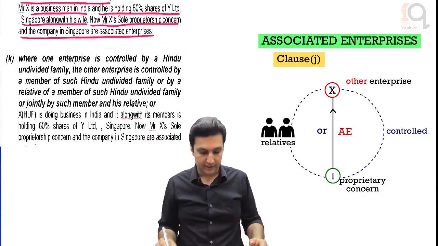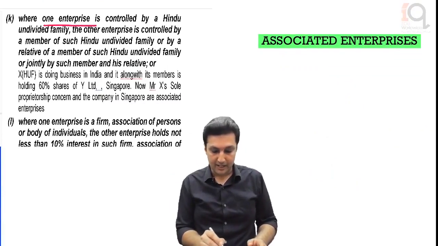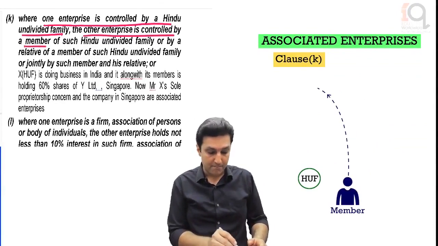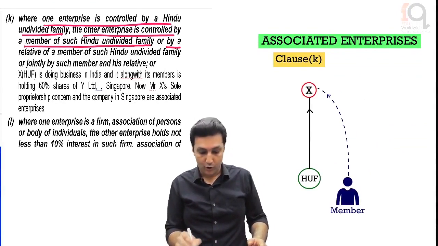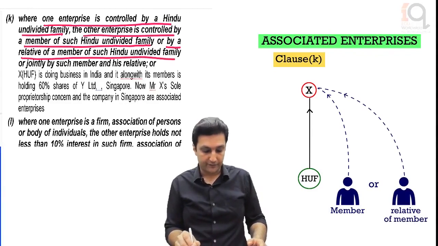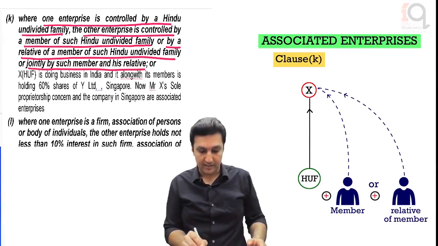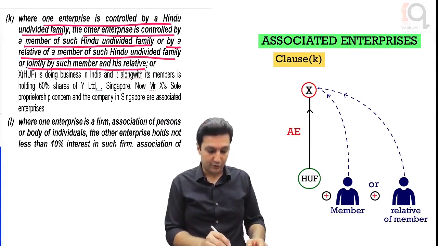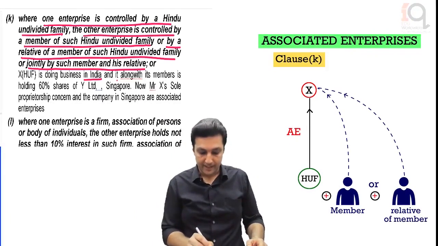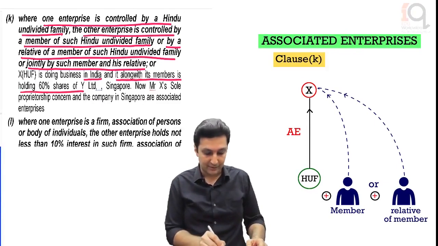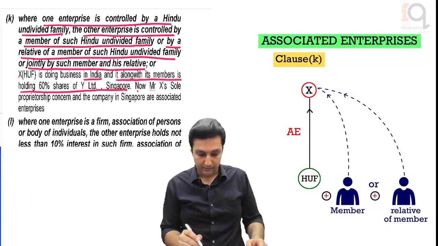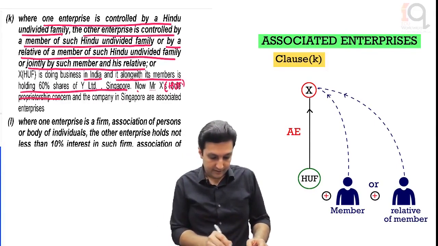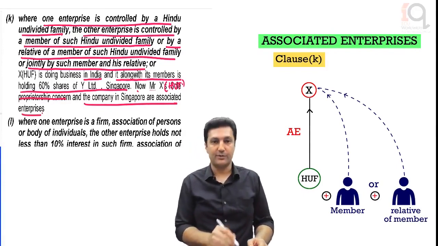associated enterprises. Similarly, where one enterprise is controlled by a HUF, the other enterprise is controlled by a member of such HUF or by a relative of the member of such HUF or jointly by such member and his relative, they are also associated enterprises. For example, X HUF is doing business in India and it along with its members is holding 60% shares of Y Limited Singapore. Now, X HUF and the company in Singapore are associated enterprises,